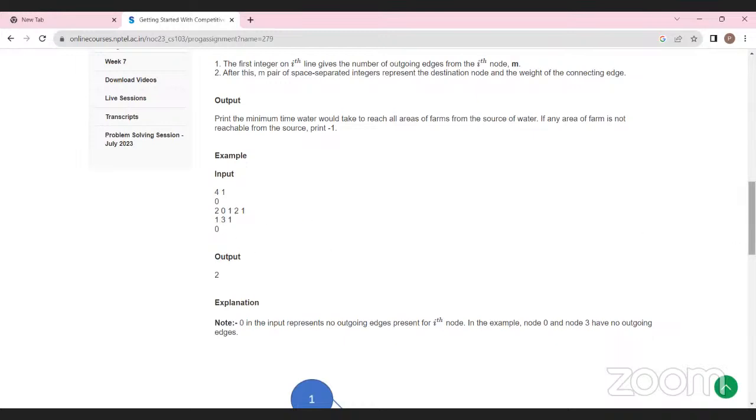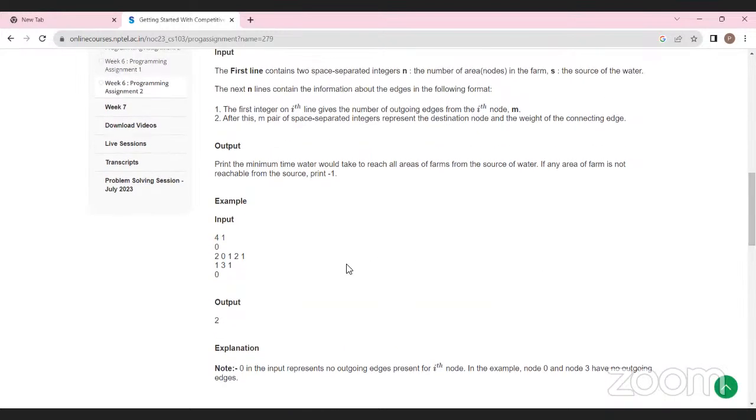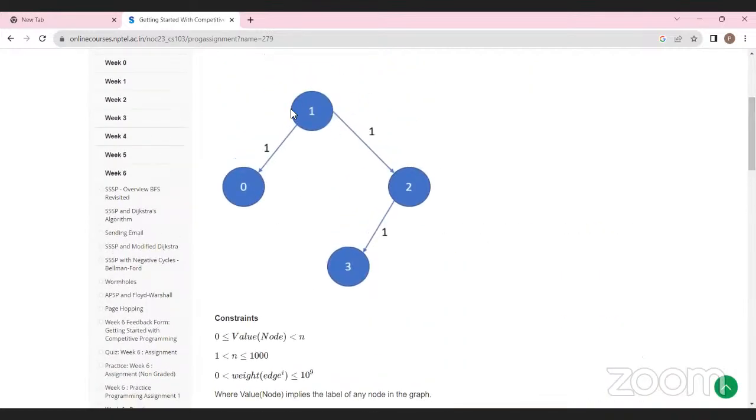The second node has only 1 edge, which goes from 2 to 3, and the edge weight is 1. For the third node, there are no outgoing edges. So this is how you're representing it. You get the first input of each line, and for each of the n vertices you have the number of edges.